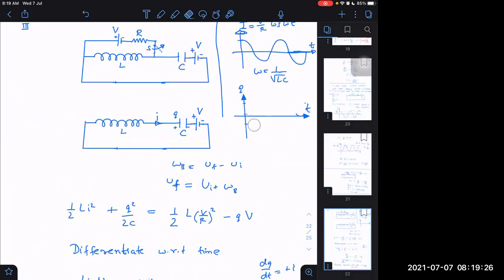Sir, can we not directly differentiate the I equation? We can directly integrate now, sir. Integrating the equation of I also, we will get the same only, sir. What is it initially? 0.